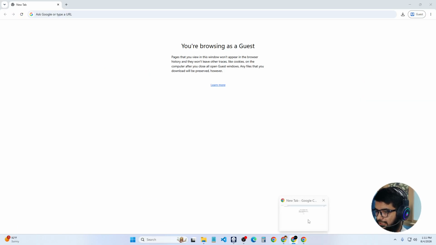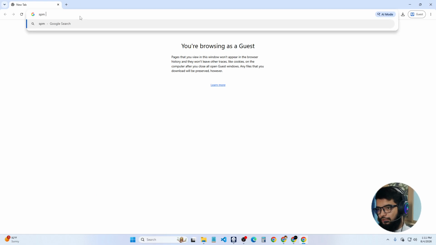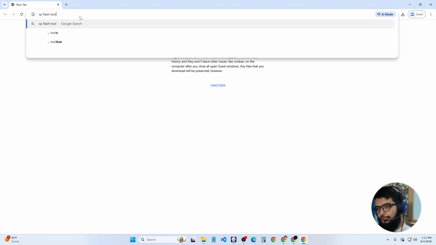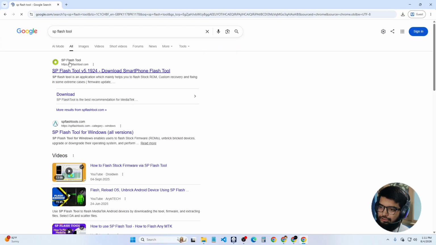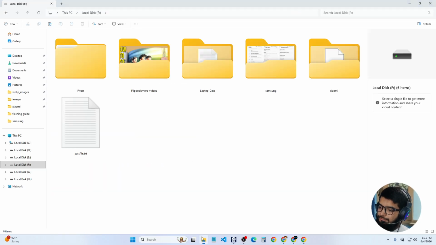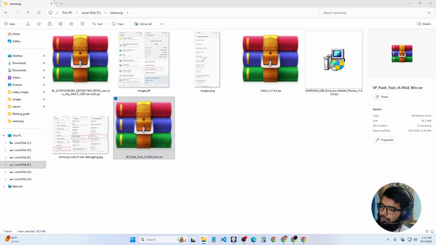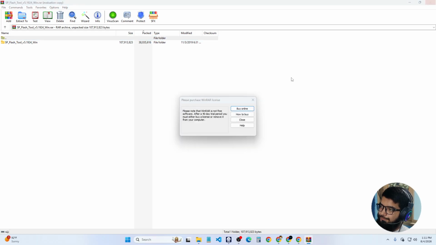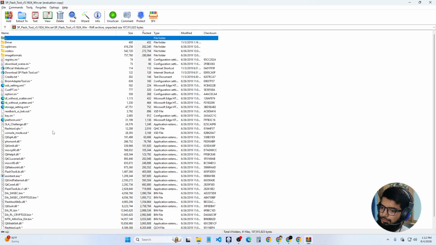Let's get started. Okay, first of all, you need to download the SP Flash tool, and you should have a smartphone and laptop and an original USB data cable for this option. Okay, I am downloading the SP Flash tool, but I already have this software on my PC. You can see the Flash tool,